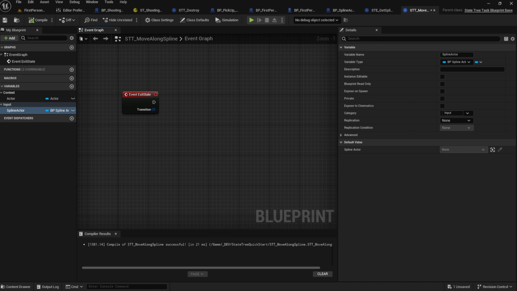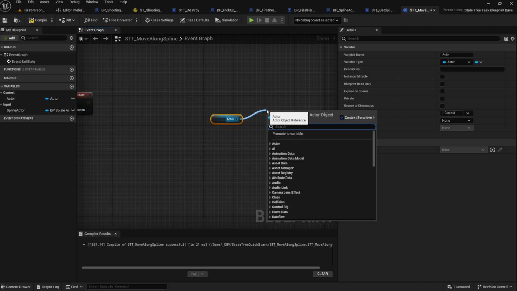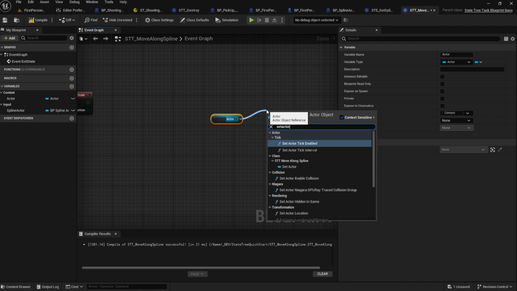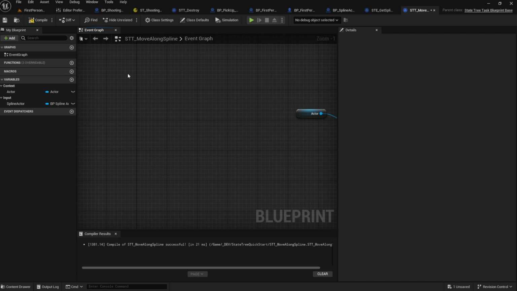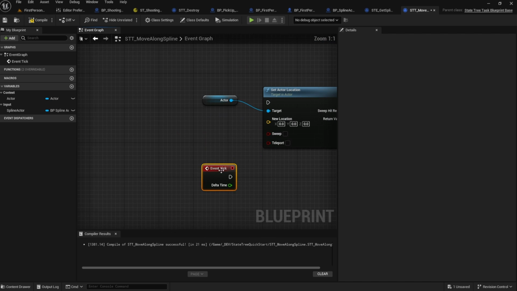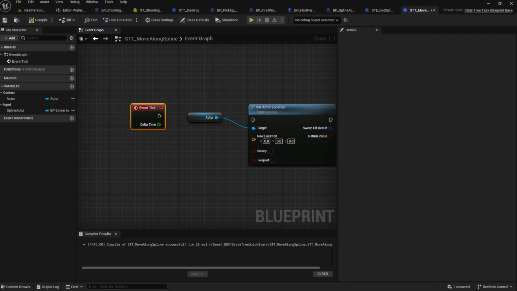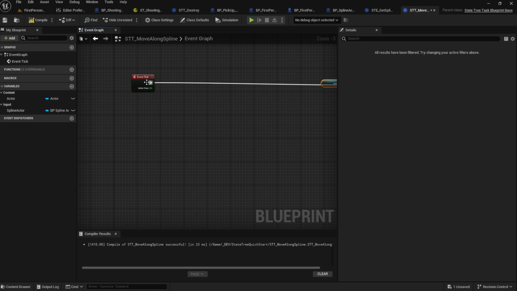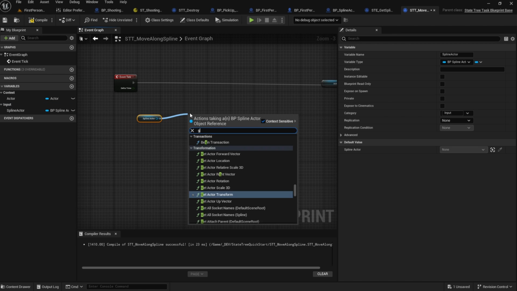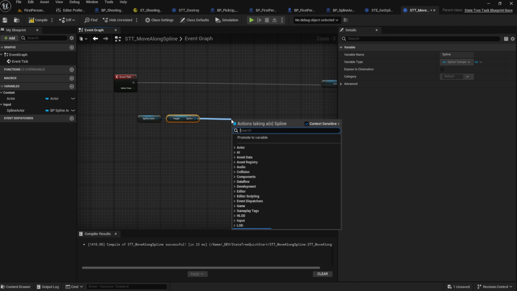So this has a little bit of math associated with it, but it's not anything too crazy. But first thing we want to do is make sure that we have our completion point, which is setting this actor's location. And you can see here we're using event exit state, but actually in this task, we want to do it on tick. All right, so on event tick, we want to set our actor's location, and we're going to use that spline. So we're going to grab this guy and we're going to get the spline. And then we're going to grab the location